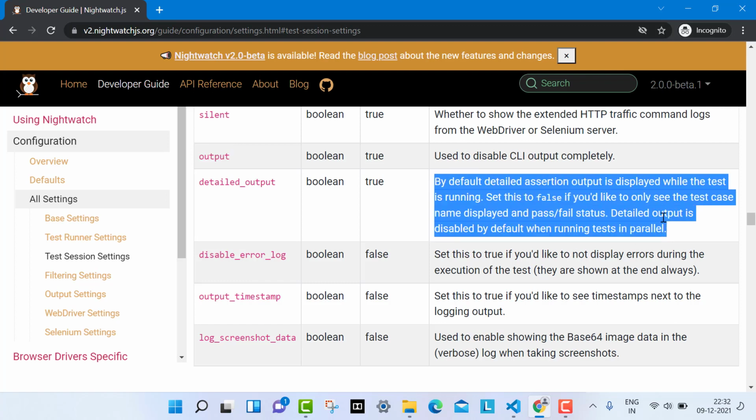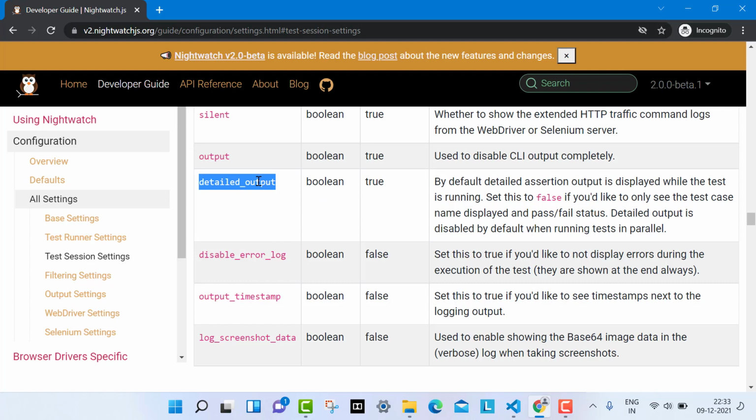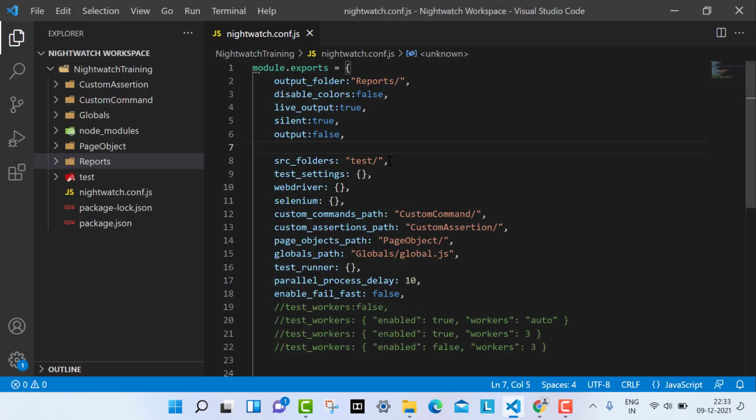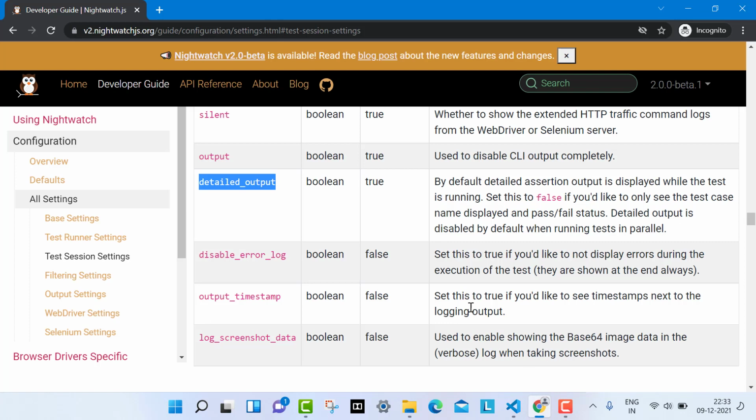So if you want to see why an assertion is failing, you have to use it. If I run this test case and want to see why it failed, I will make it true. But for parallel execution, it is disabled by default.